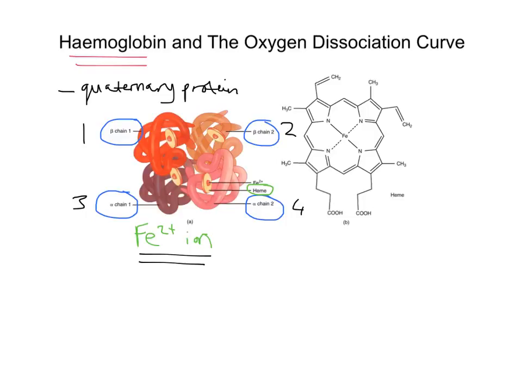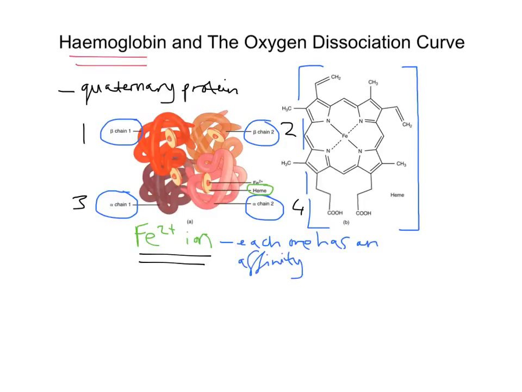Now, the heme group has a high affinity, or attraction as we call it, for oxygen. Each one can actually carry 1 oxygen molecule. So that's something we just need to put into place. The right side of this diagram, labelled B, is essentially just a structural formula, but I'm not necessarily going to refer to it. I've put it up there not just for a visual, but for reference. In this video, I'm just going to talk about the actual diagram to the left. As I said, this Fe2+ ion has an affinity for 1 oxygen molecule. This word affinity is one we're going to use a lot in this video. It means attraction, and it's an affinity for 1 oxygen